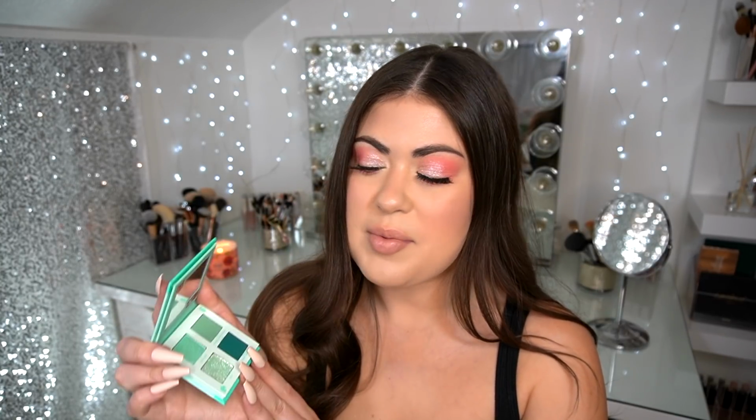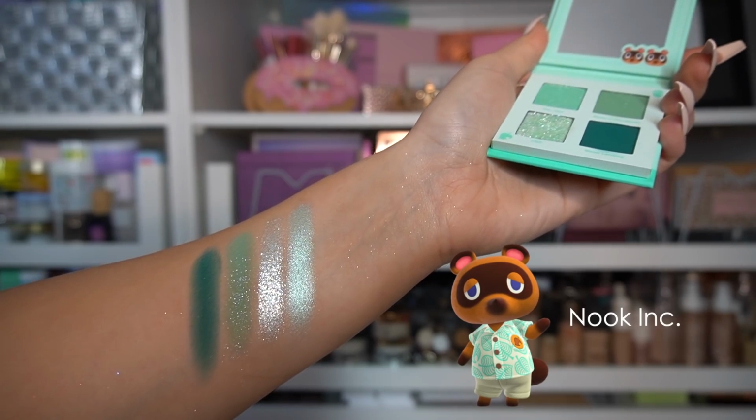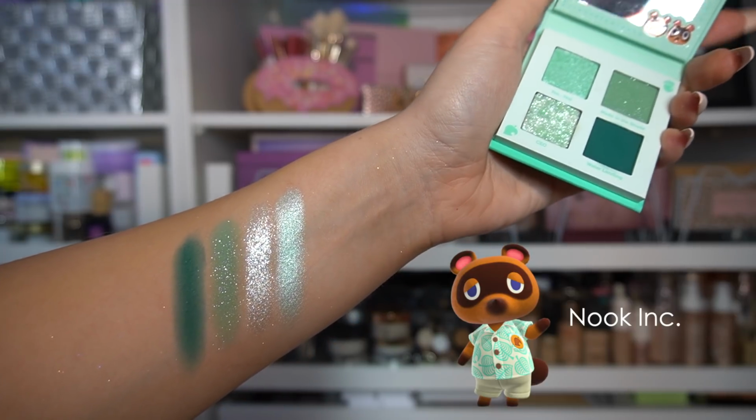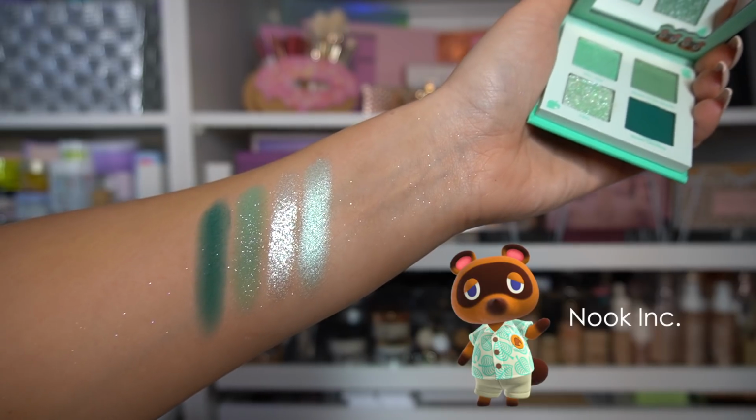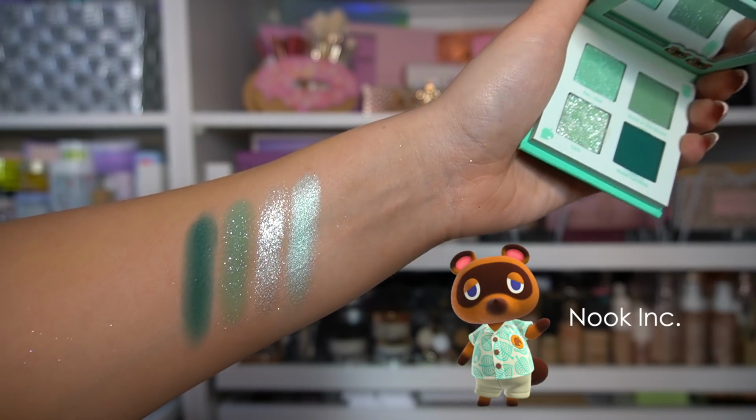I do see what people are talking about because on Animal Crossing, the greens in the game are usually not so much mint. They're more like bright green. So I think they could have done something differently here, but also with spring coming, I do like the pastel colors. All of these did swatch beautifully as well, as you guys could see, and so not mad at any